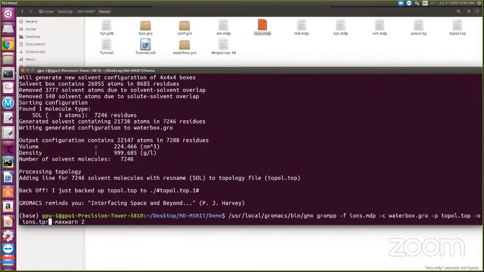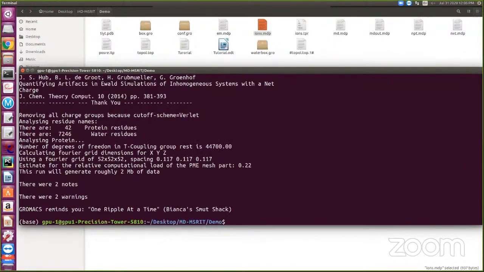After that, I've given -maxwarn 1. This protein has some issue, so that's why I've given maxwarn. It depends on the protein. First we have to understand what the error is, and then we can execute. If you want to clear the error itself, it will take at least half an hour, and it's very difficult to explain in this session. That's why I used maxwarn. There were 2 warnings, so I've given -maxwarn 2. If any warnings come, I can use maxwarn 2. I'll press enter now.